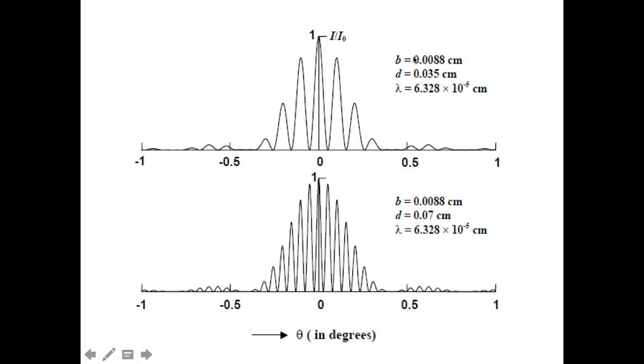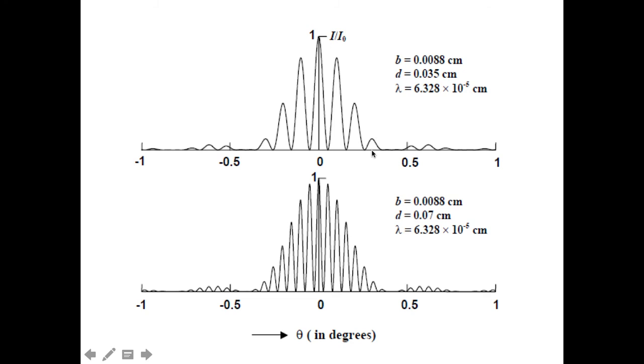So here in the image, the width of the slit is the same, 0.0088, in both cases. Here just the distance between the two slits has increased from 0.35 to 0.07 centimeter. As you can see, the number of minima and maxima increased here. So here you can see somewhere it is 0.41 degree angle, and the first diffraction minima is very